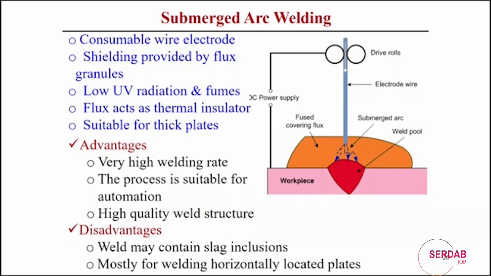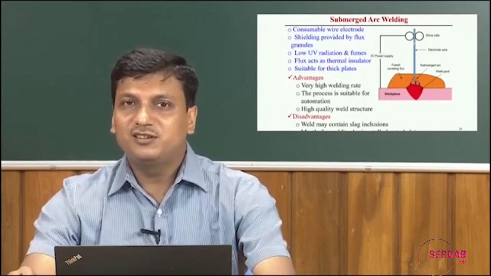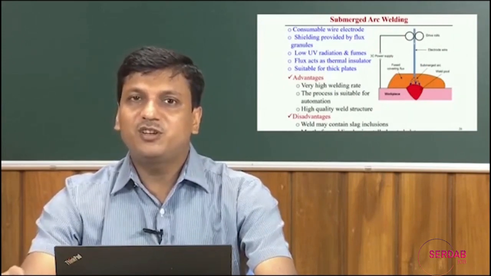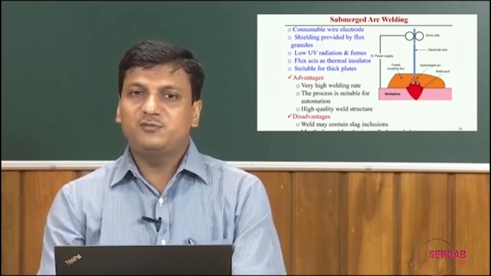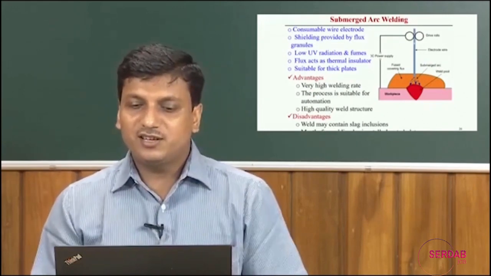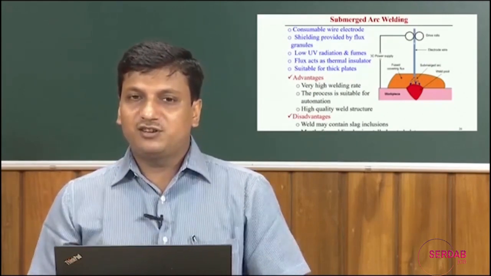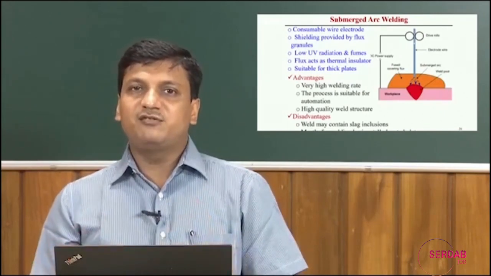So, it is a kind of combining things, taking the advantage of the shielded metal arc welding process by using the flux, and taking the advantage from the gas metal arc welding process. So, here is the consumable electrode, but in the form of a wire. And here if you see, a similar electrical circuit is produced between the consumable electrode and the workpiece, but the huge flux actually covers the weld zone. Since the flux granules cover the weld zone,